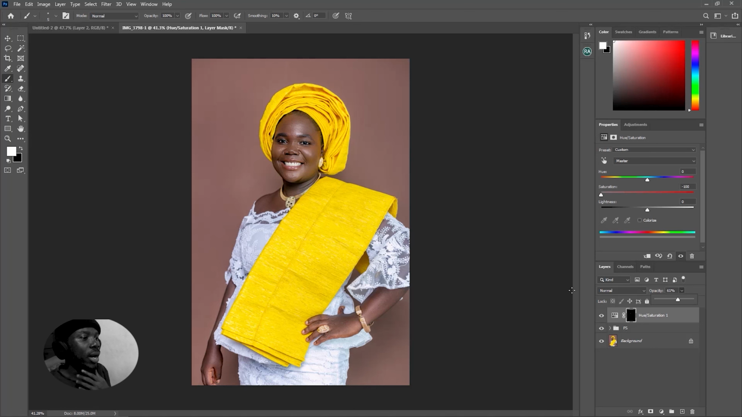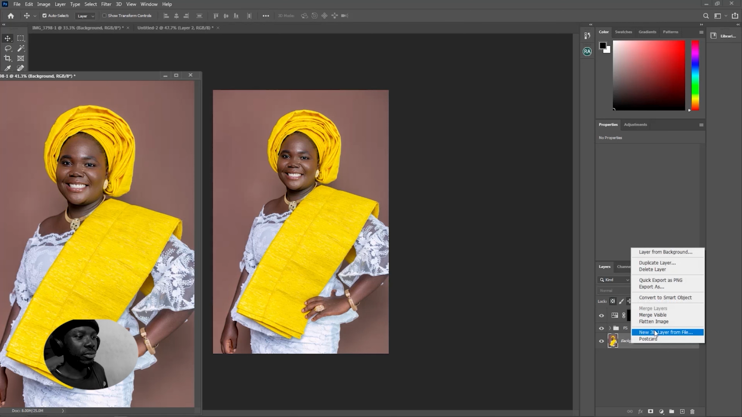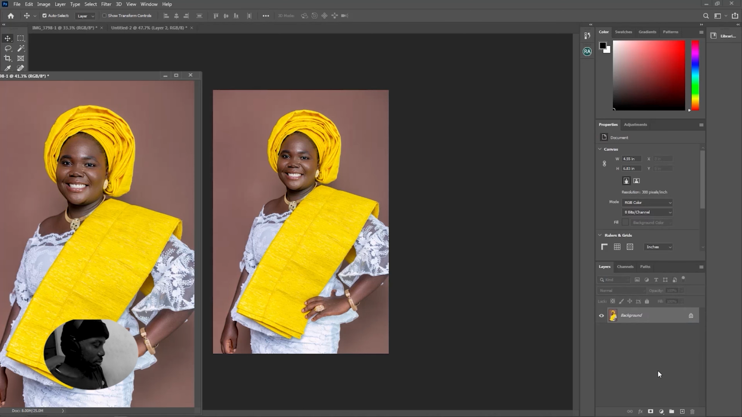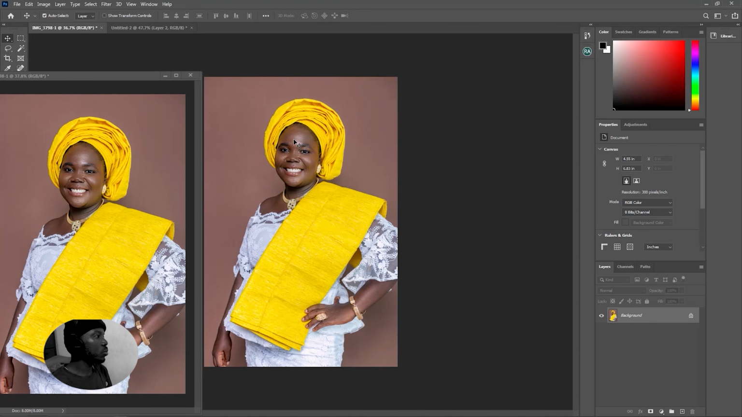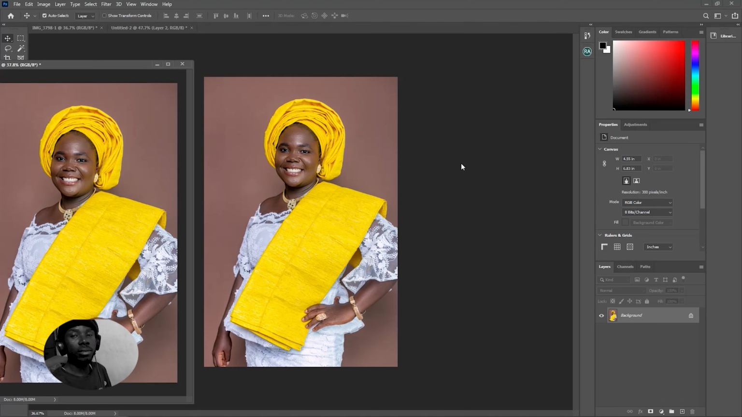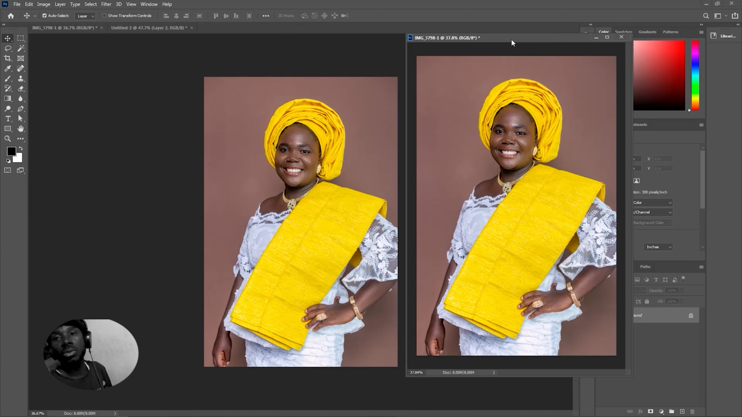So let's go ahead and just group all. Like I said, we are done with the frequency separation, but we can add something to make it more, you know. So let me just go ahead and flatten all of them. Flat image. So I flatten all. Okay. So now let me come here. Let me go to the